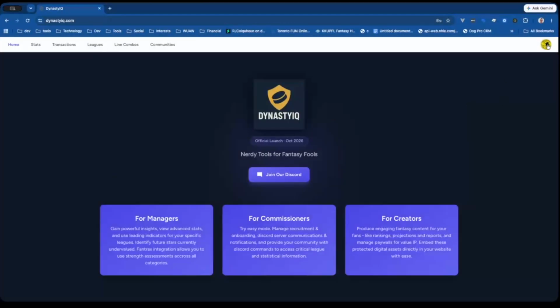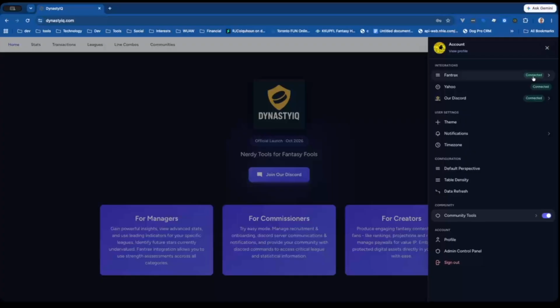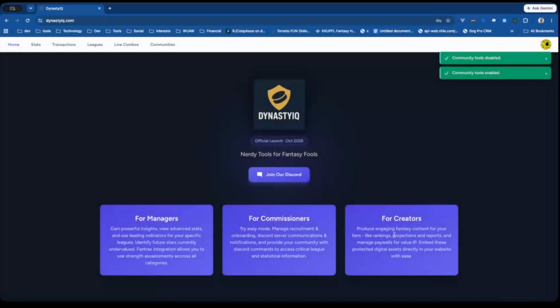If you haven't already watched the video on how to get your Fantrax connected, go do that. But you want to make sure your Fantrax is connected here. And then the other thing we're going to do is we're just going to add community tools. And when we go into community tools, you can call my